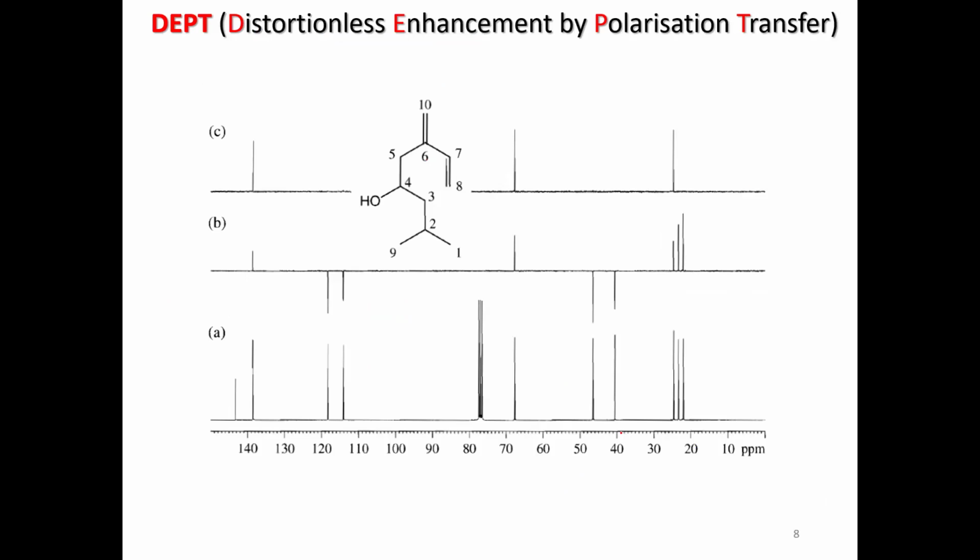If you vary the angle of the magnet in the NMR, some of the carbons disappear, some of the carbons go upside down, and some of the others stay exactly where they are. So the first thing you want to do when you have carbon 13 at the exam,